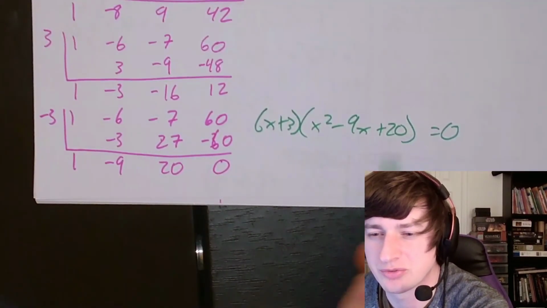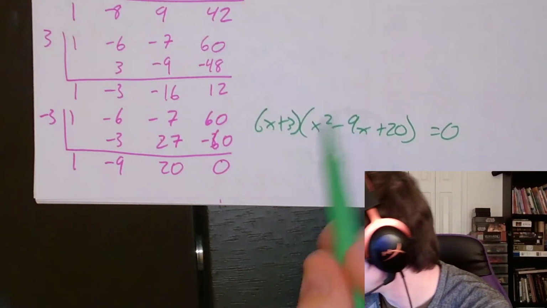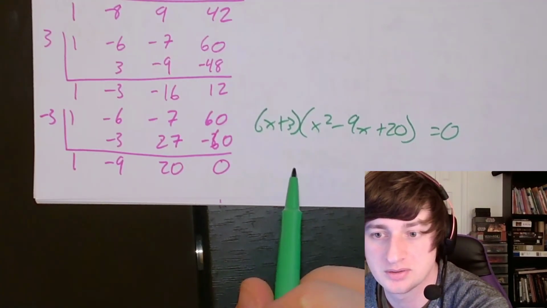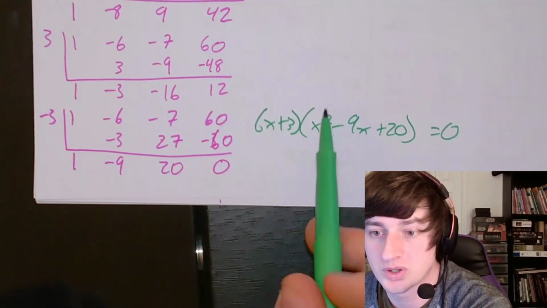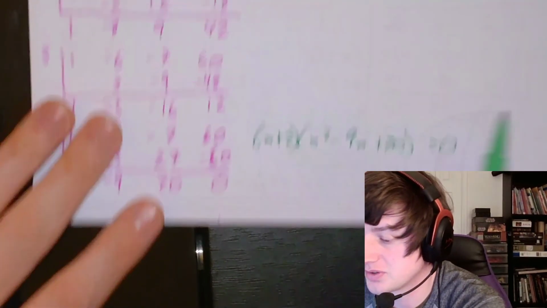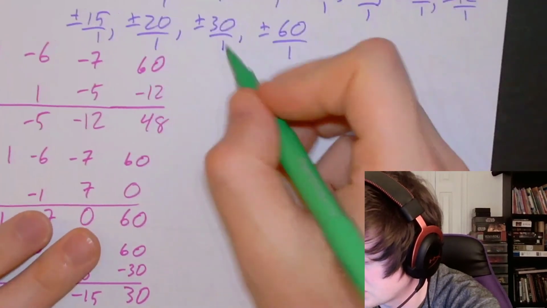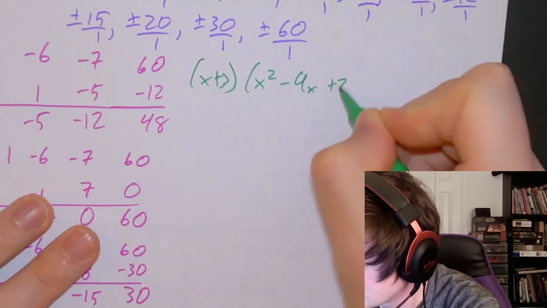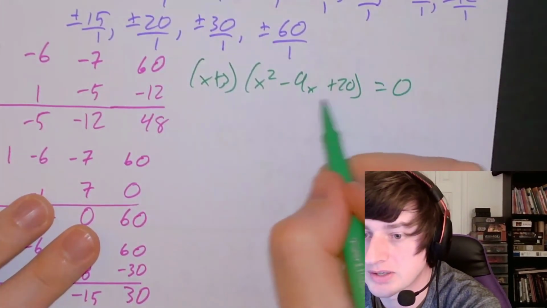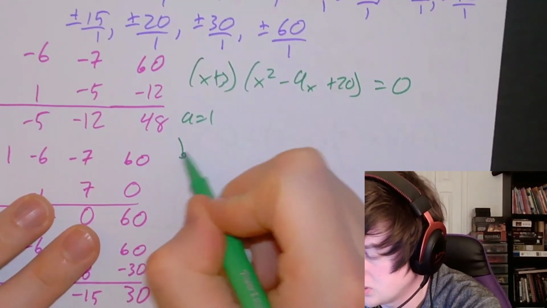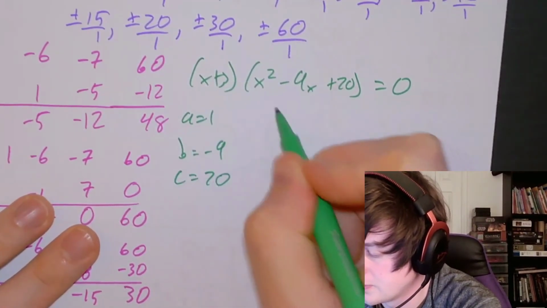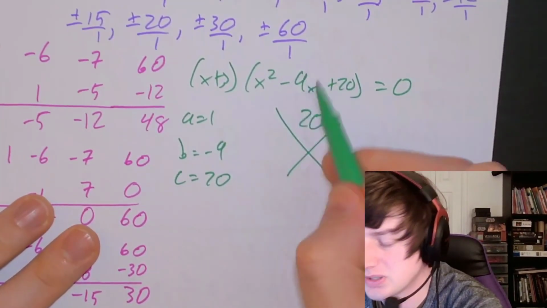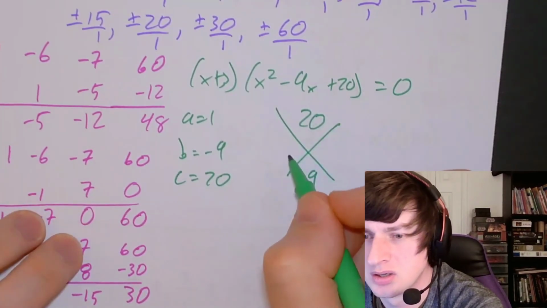Now, we've seen this quadratic before. I think it was the other example, unfortunately. But yeah, we're going to take this thing and factor it, and that will give us our remaining two solutions. So we need to factor x plus 3 times x squared minus 9x plus a 20 equals 0. Factor this. A is 1, B is negative 9, C is 20. Two numbers that multiply to make 20 and add to make this negative 9 is going to be